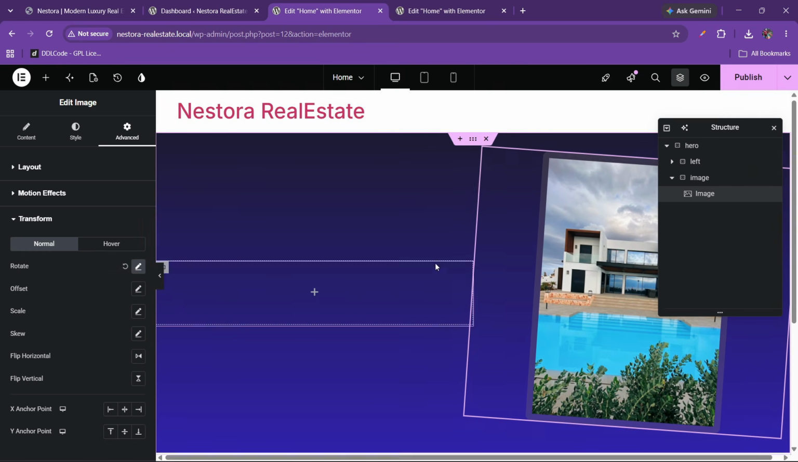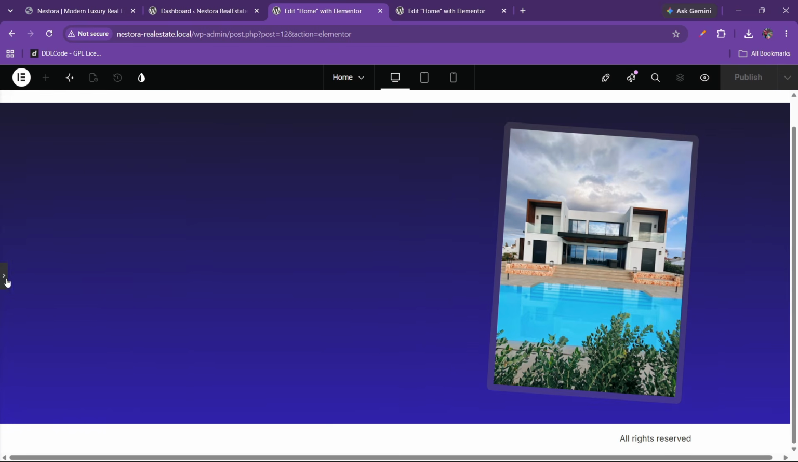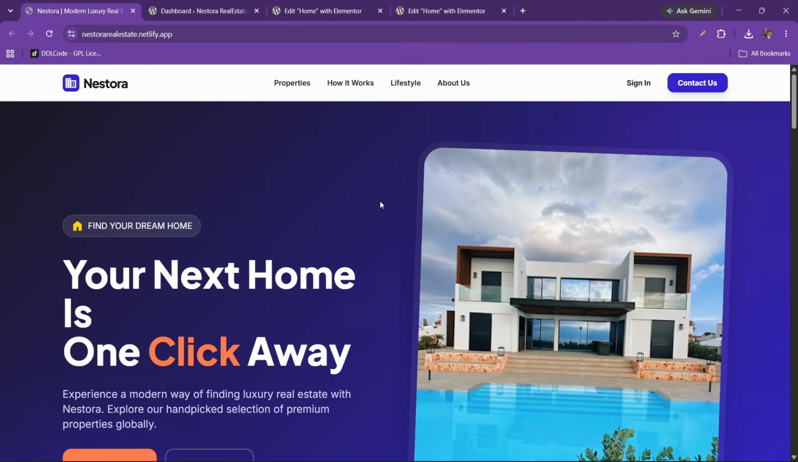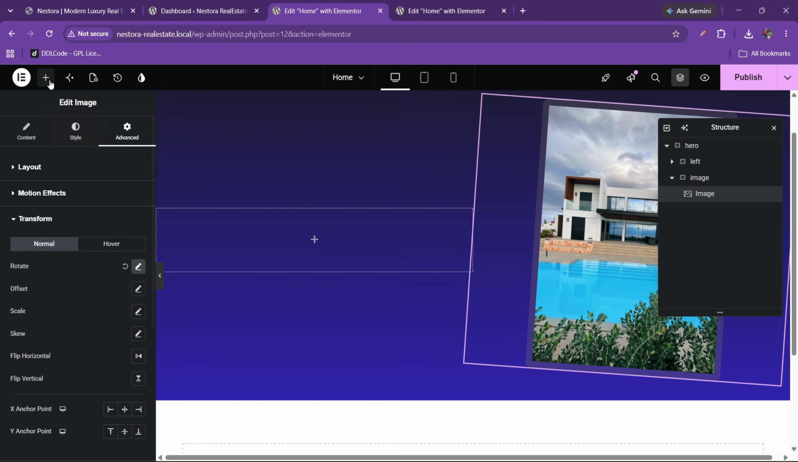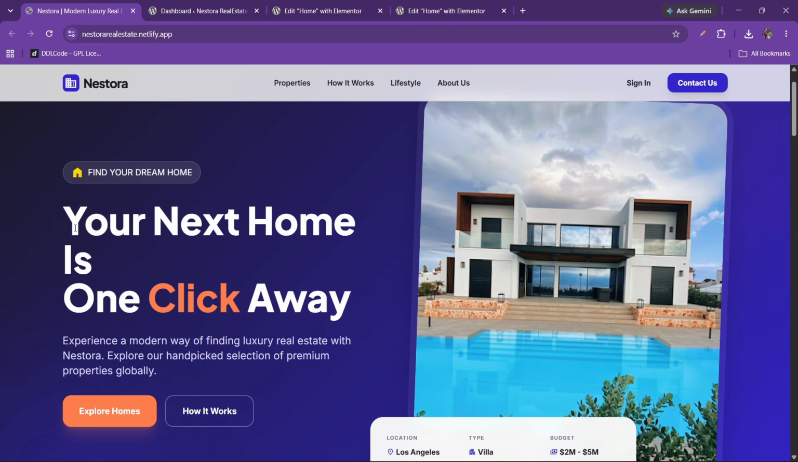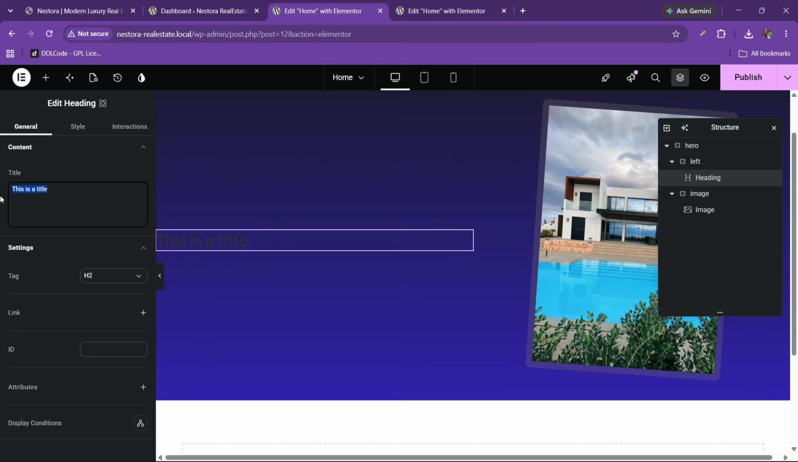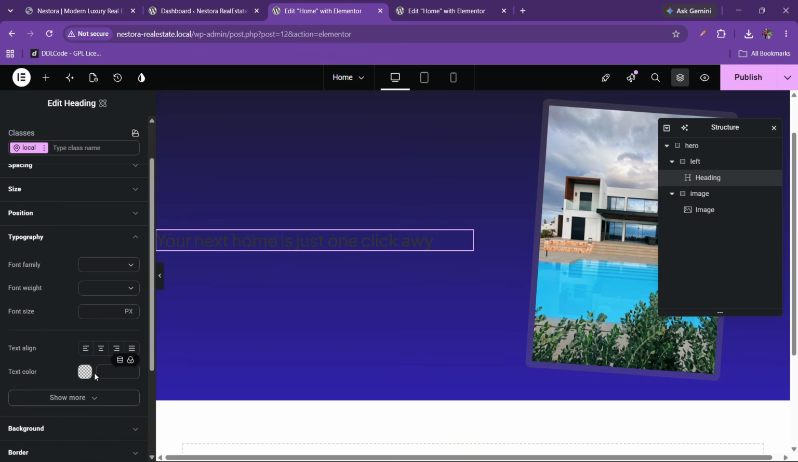Okay, like this, and we can also see... okay, so the heading will be "Your next home is one click away." So we can just write this heading like "Your next home is just one click away." Okay, and in the style we can go to the typography, and we can just